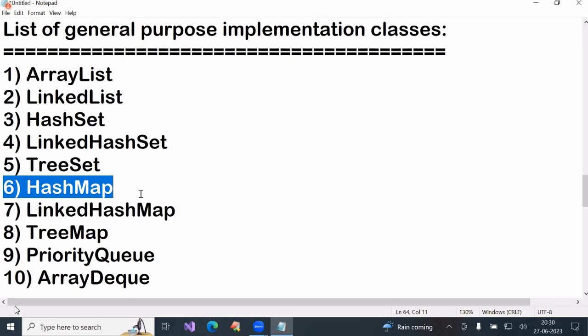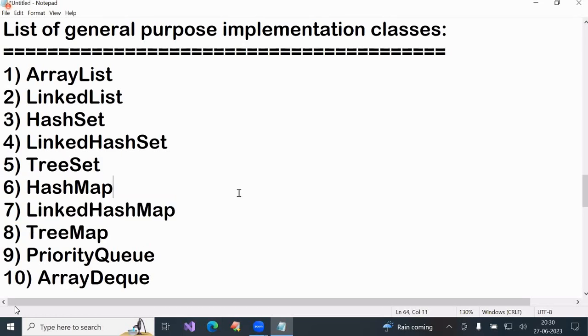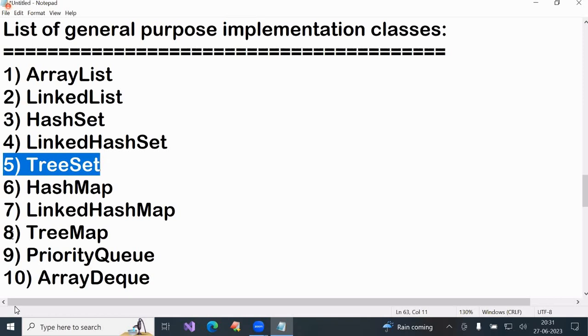See. What's the difference between linked hash set and linked hash map? Same differences, no? What's the difference between tree set and tree map? Same differences. So these are interview questions, but people are getting confused. Okay. See, difference between hash set and hash map: same. Difference between linked hash set and linked hash map: same. Difference between tree set and tree map: same concept. Okay. Now